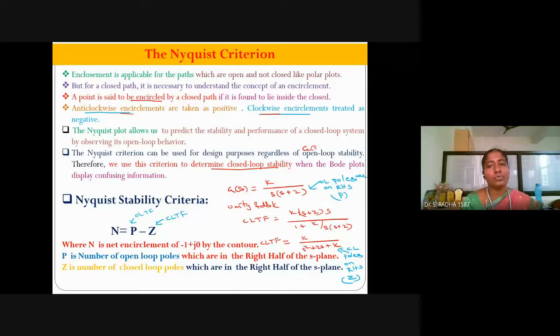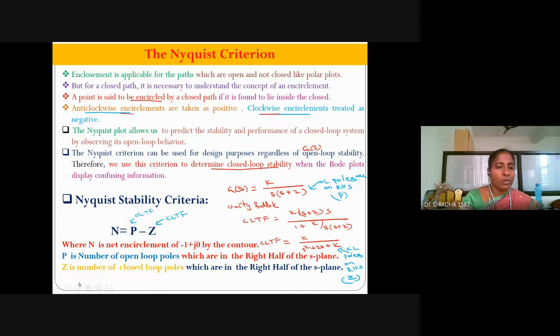G of S is the open loop transfer function. The Nyquist plot can tell the stability of the open loop system as well as the closed loop system. How? Polar plot is a subdivision of Nyquist plot, so the polar plot can tell open loop stability. All the 4 sections together are called the Nyquist plot, and the Nyquist plot can tell closed loop stability. That is how the Nyquist plot can tell both open loop and closed loop stability.